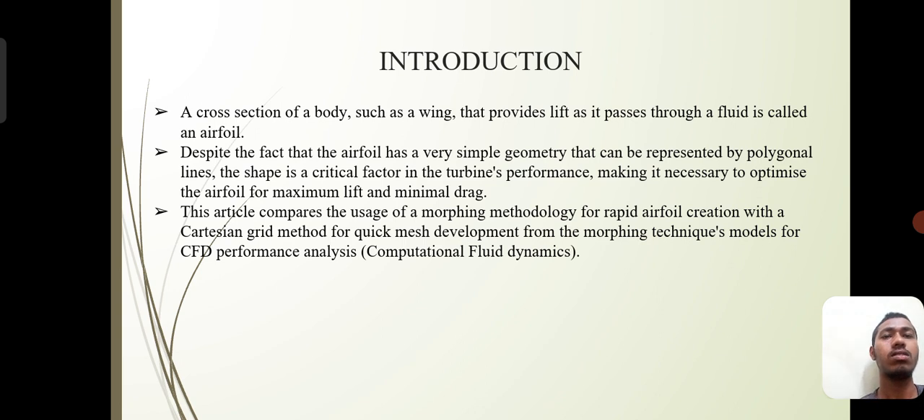Here is the introduction. A cross section of a body such as a wing that provides lift as it passes through the air fluid is called an airfoil. Despite the fact that an airfoil has a very simple geometry that can be represented by polygon lines, the shape is a critical factor in turbine performance, making it necessary to optimize the airfoil for maximum lift and